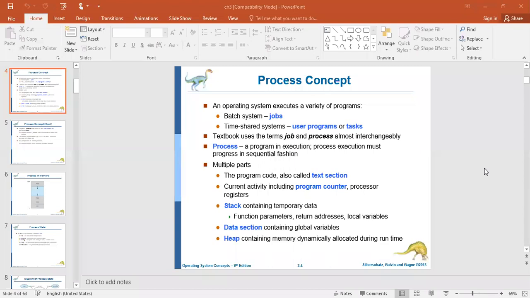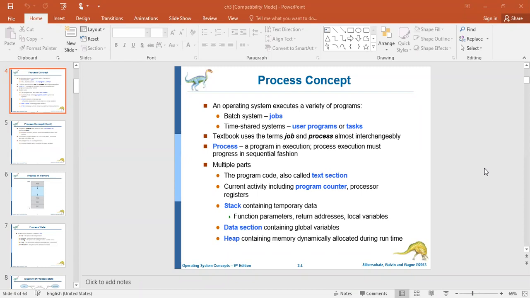And next, heap. Heap means dynamically allocated memory. While studying pointers, you might have studied dynamic memory allocation. In C language, you use the malloc and calloc methods, or in C++, you can use the new and delete methods for allocating and deallocating memory space dynamically. Such information is maintained in the heap section.